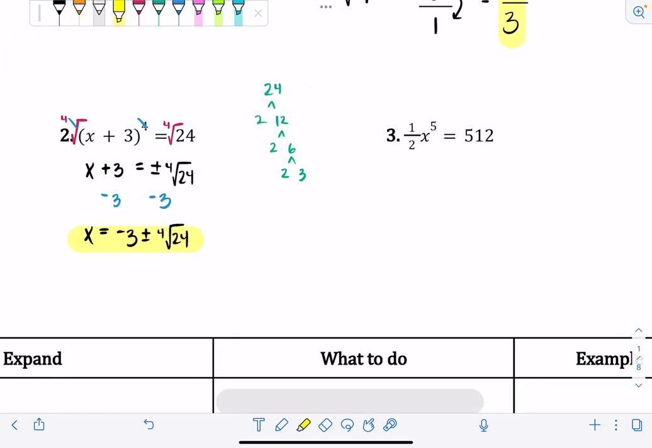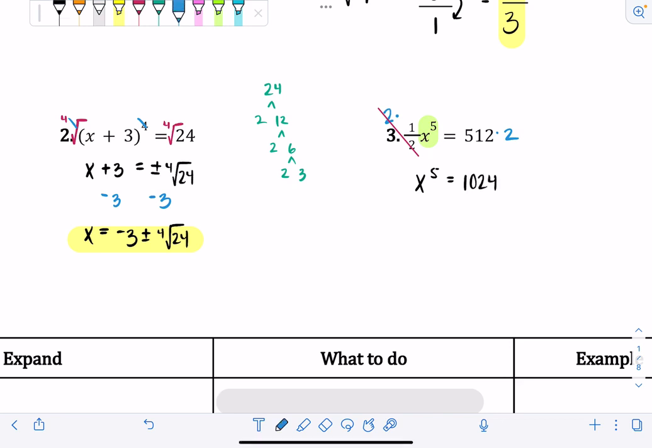Okay, and then number 3, 1/2 x to the 5th equals 512, so I want to get that x to the 5th by itself so that I can go ahead and cancel it out. To do that, I'm going to multiply both sides by 2 in order to get rid of that 1/2. So 2 times 1/2, that cancels out, and then I have x to the 5th power equals 512 times 2 is